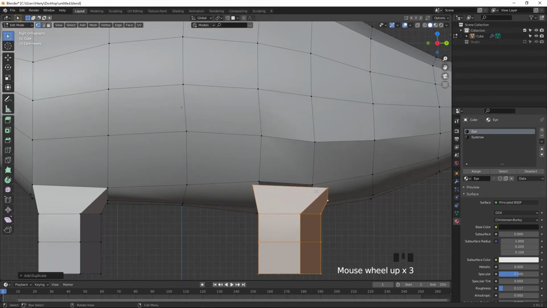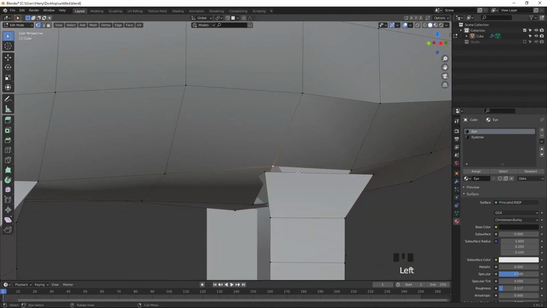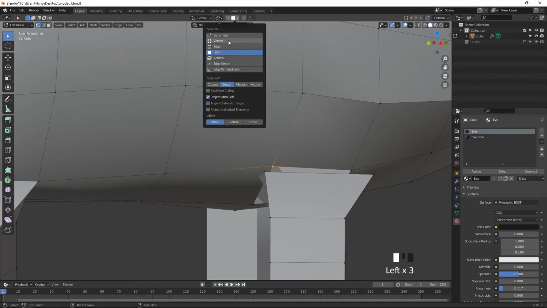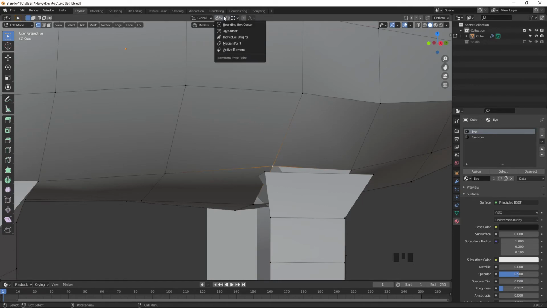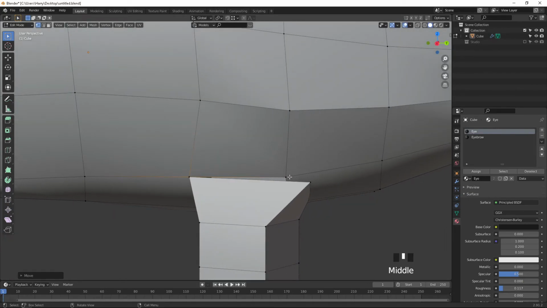Okay, and what we are going to do is press G, go to the vertex, select. Okay, and you can use G to move. Press control here to move to the particular angles.